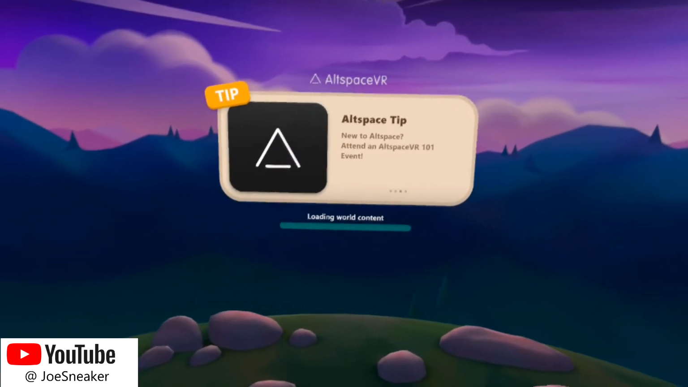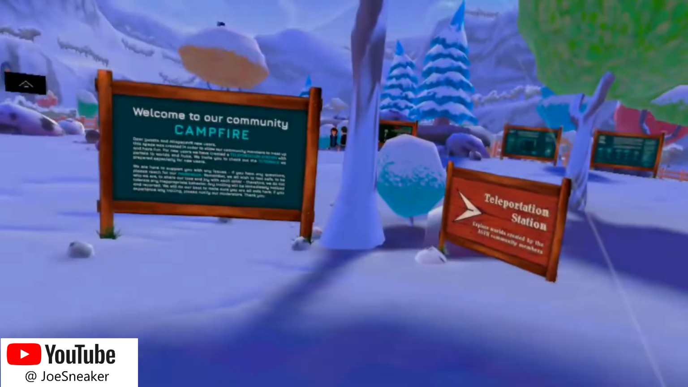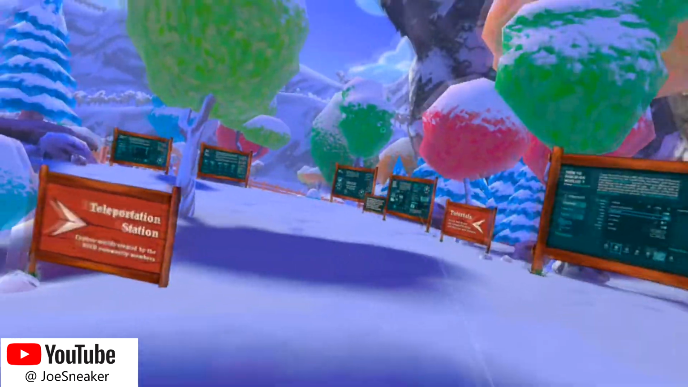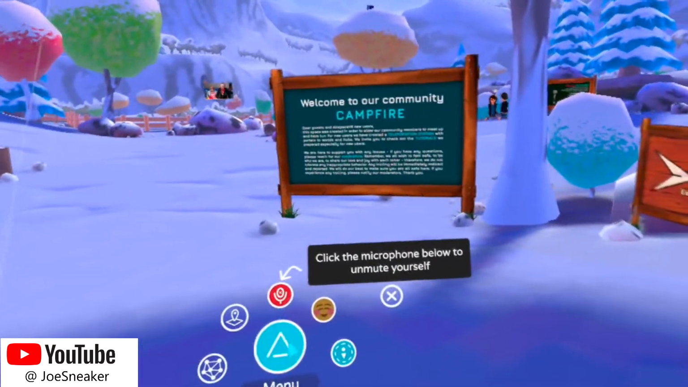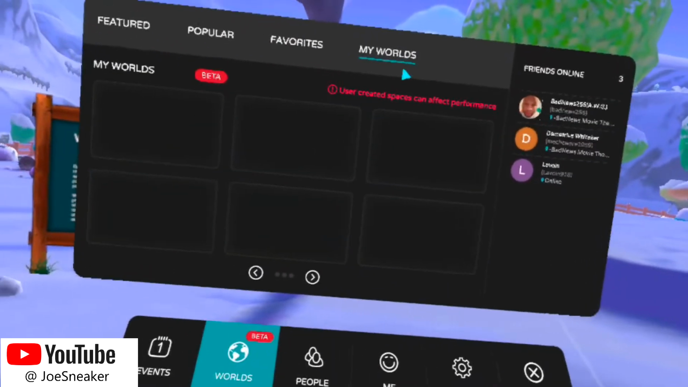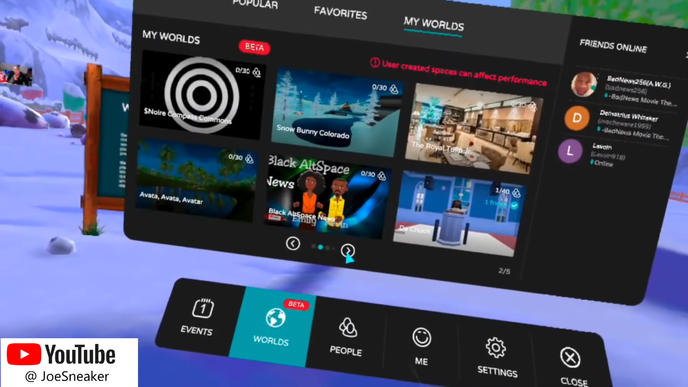It will not load if you try to go into your own world first, which I think is a waste of time. So here I am in Campfire, where I do not want to be. Go into Worlds, go into My Worlds, and let's go over to